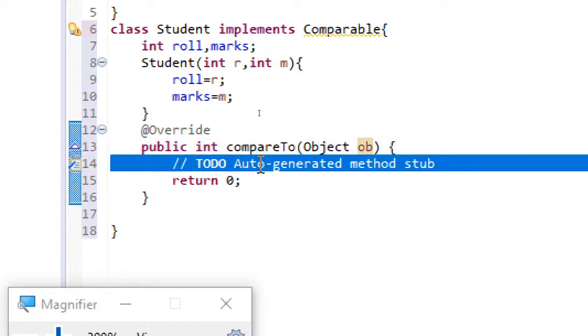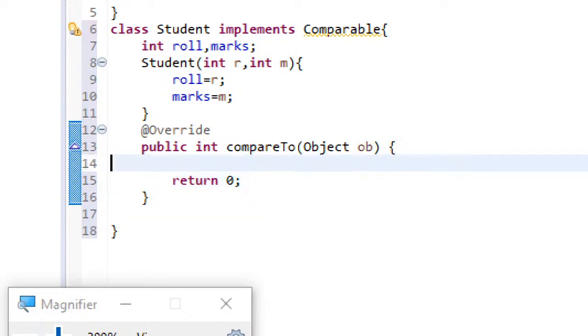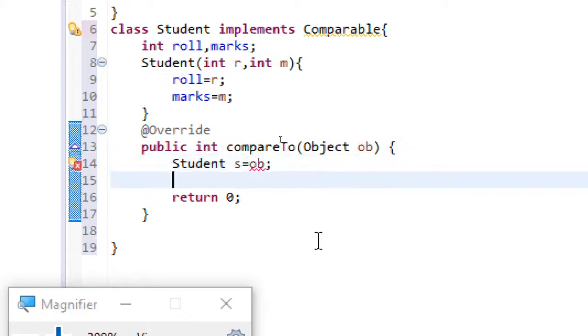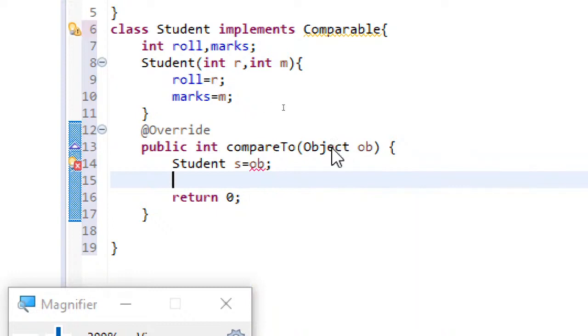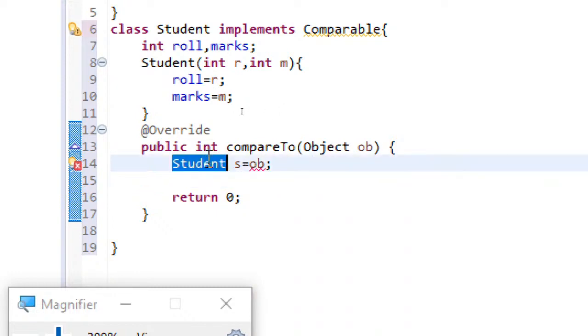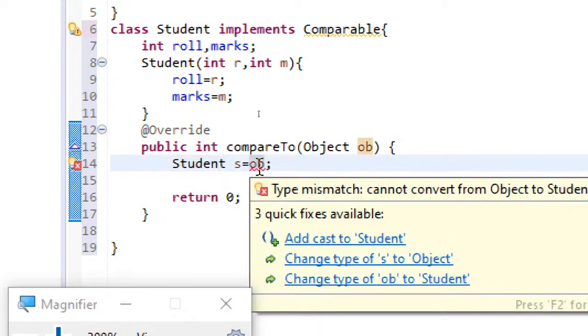And let me return this. And here, in this I'll just create an object, and add a cast to Student, which is compulsory, because by default it is the generalized nature and Student is the specific nature. So when you are trying to assign the generalized nature to the specific nature, it will ask you to perform the casting.